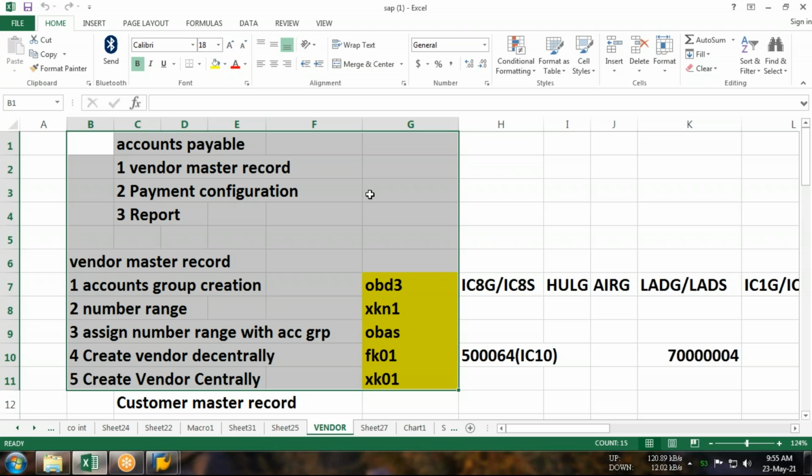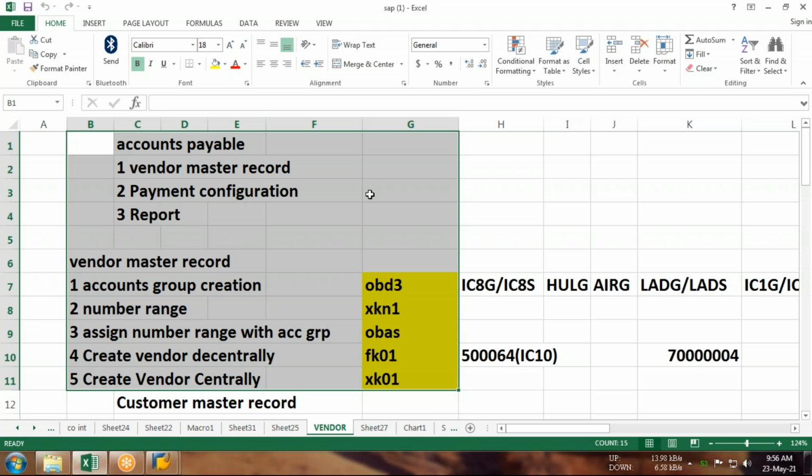So from today onwards, we are going to enter into day-to-day transaction type tasks, where we need to perform all the day-to-day tasks. Vendor creation, posting the invoice which we receive from the vendor, then making the payment to the vendor. This is a hardcore task. We are going to start at both consultant level as well as individual level. So let's start. In the accounts payable FI module, we are going to cover three things.